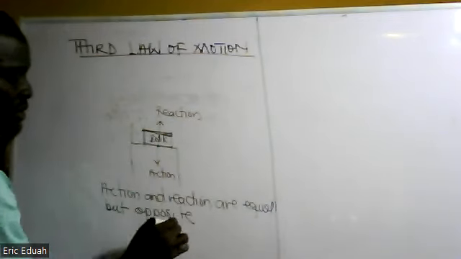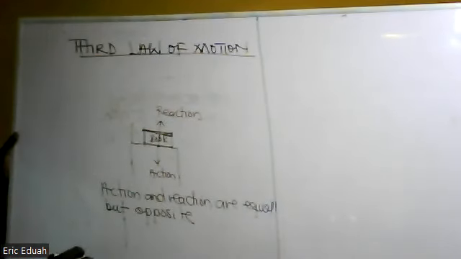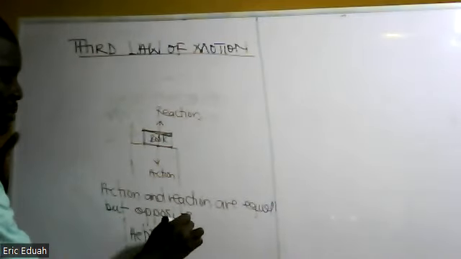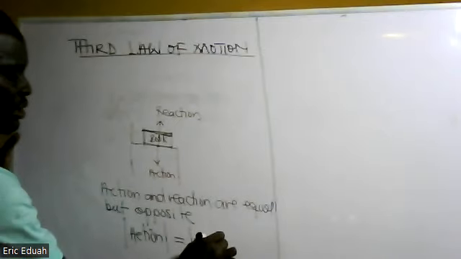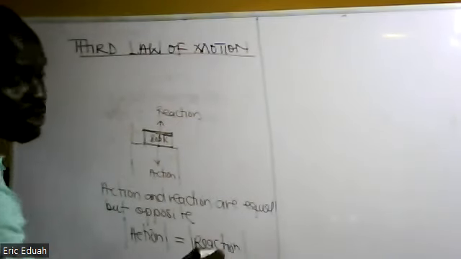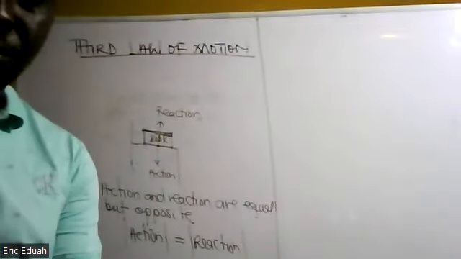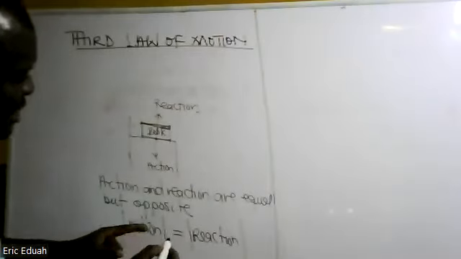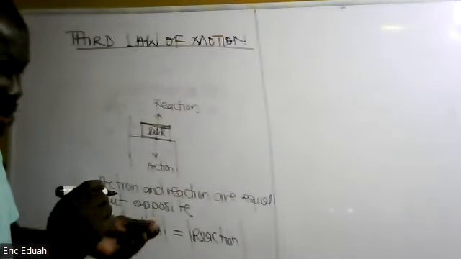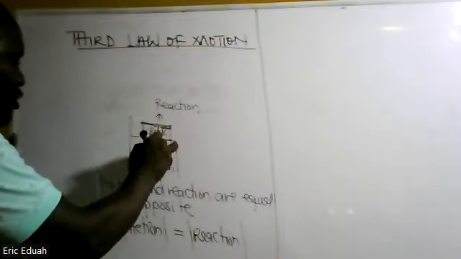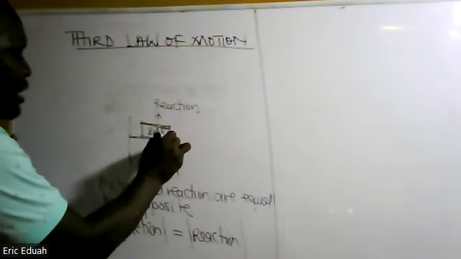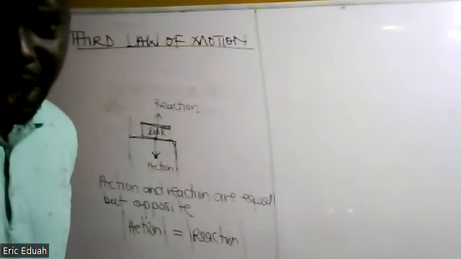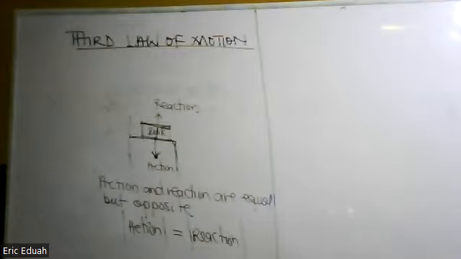All that Newton is trying to say is that the magnitude of the action force is equal to the magnitude of the reaction force, but their direction is always opposite. Now, we realize that the forces act on two different bodies. The action force acts on the table, and then the reaction force acts on the book. Okay. Now,